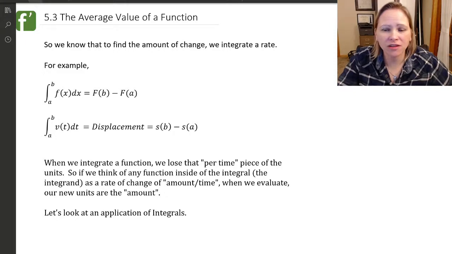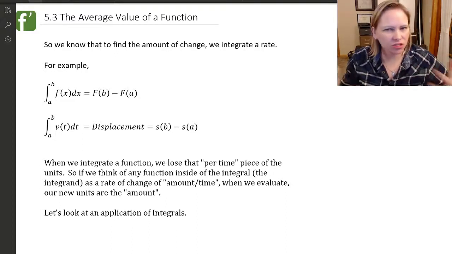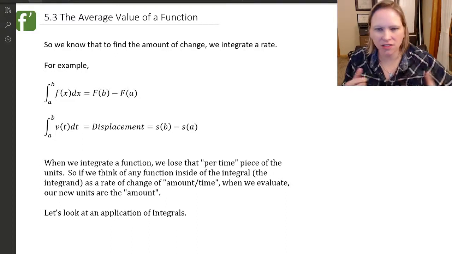Hi and welcome back to another AP Calculus video. Today we're going to be talking about the average value of a function. And here's a scenario just to set this up and give you an idea of when we might